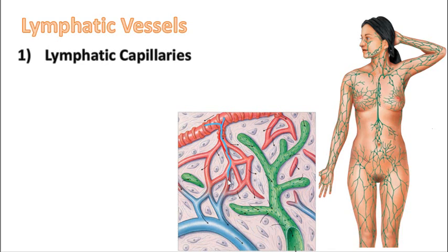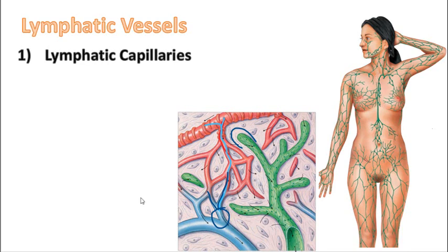And then as those vessels join back together, now we call them venule. So it's kind of like a continuous tube. It doesn't have a beginning, doesn't have an end. It's just continuous. If you look at the lymphatic capillaries, they begin as a blind or closed-end ending,